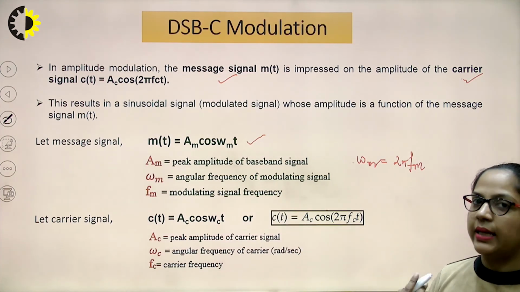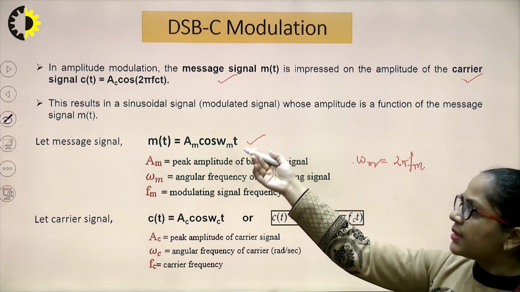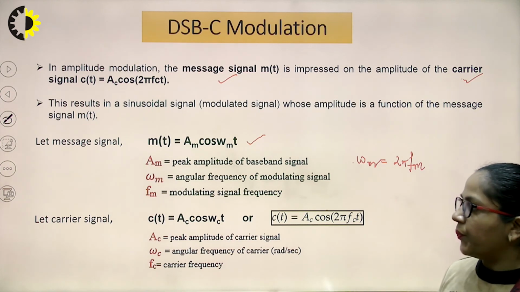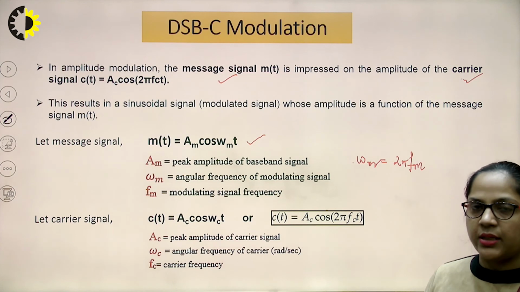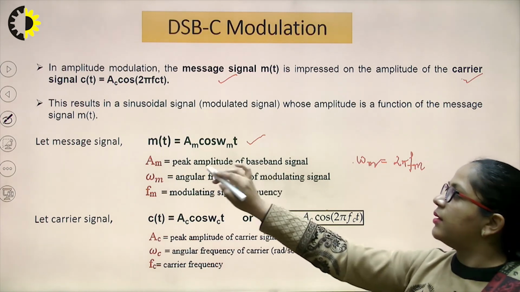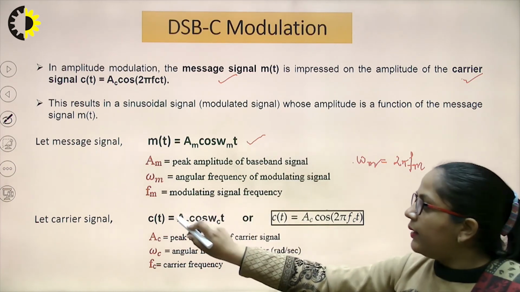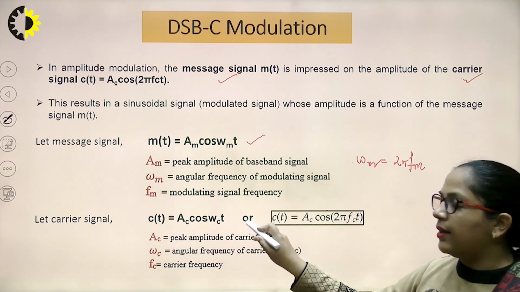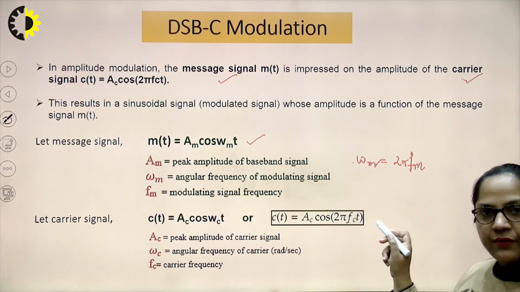It can be a sine waveform or a cosine waveform. Our message signal can also be a cosine or a sine waveform. There is no issue, but to understand the process and the analysis, we have considered that m(t) is Am cos omega m t, and the carrier signal is represented as Ac cos omega c t